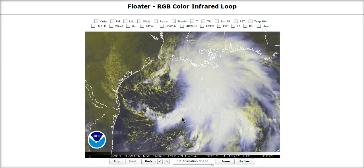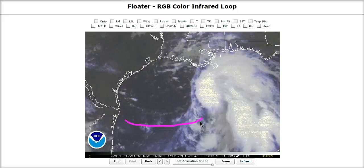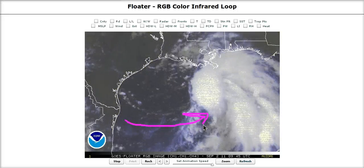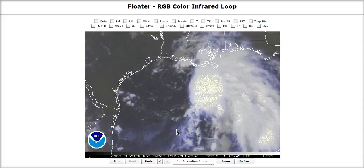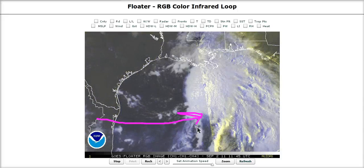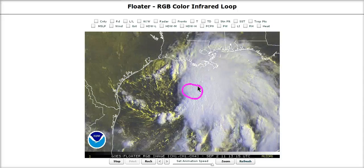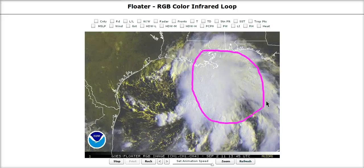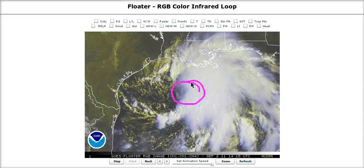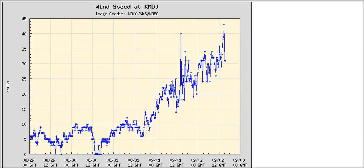We're going to look at the floater here, and you can see that it's really wound up since yesterday. Look at the improvement in the westerly fetch inflow into the southern side of the storm. This whole area was full of just weak and then stationary winds. Now we have a very strong westerly fetch, almost stronger in some ways than the easterly fetch on the northern side. This is really winding up nicely. The center is somewhere in here near the western edge of the convective mass, and you can see that it's still weighted to the eastern side, but wind shear is a little bit lower here, and this is really starting to get going. Pressures are down to about 1004 millibars, and I don't really understand why this is not named